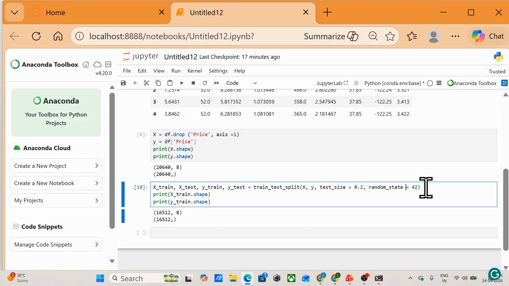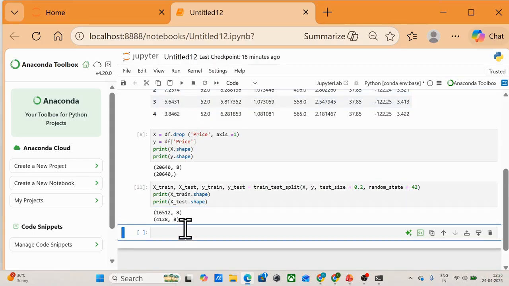Okay, y train not, we'll take here x test actually. So here you can see we have taken 16,512 samples for training the data and 4,128 for testing the data.